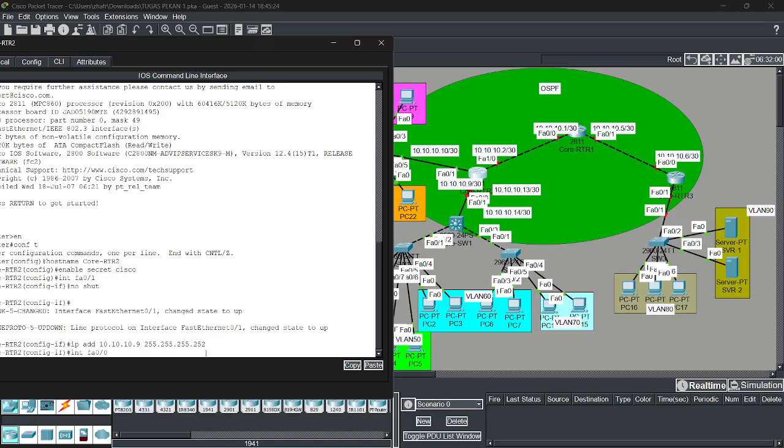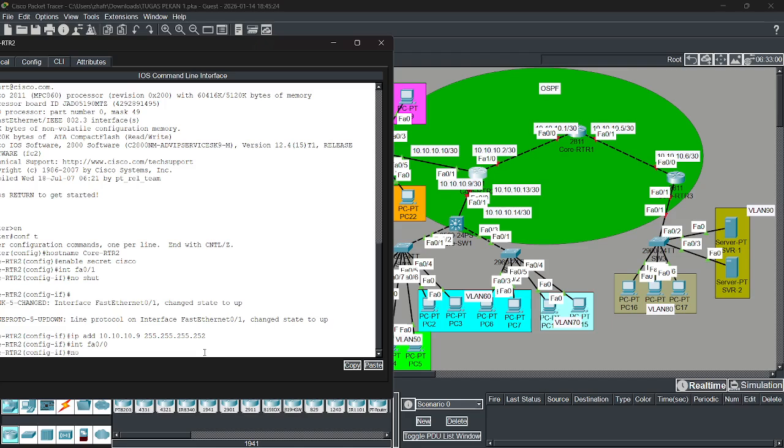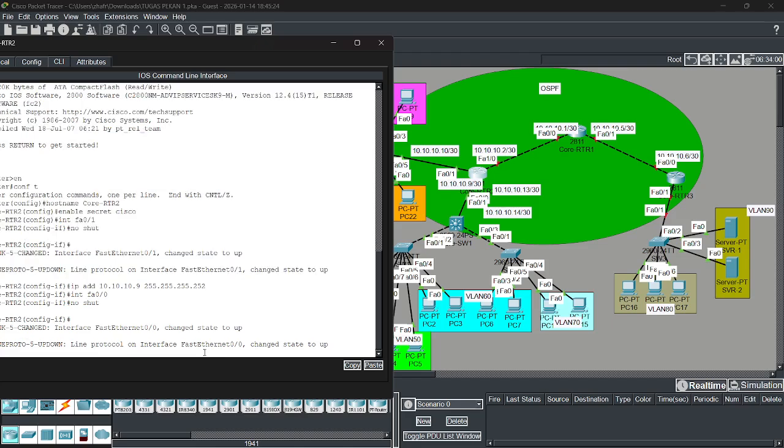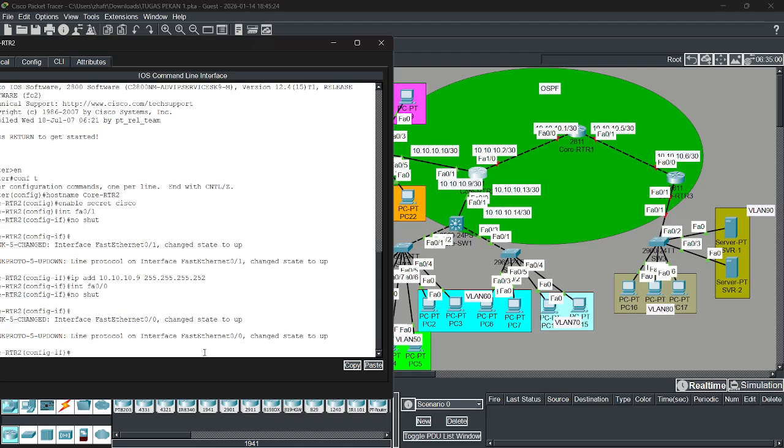Is this now shutdown? And then the IP address 10.13, 255 255 255 252. Okay.